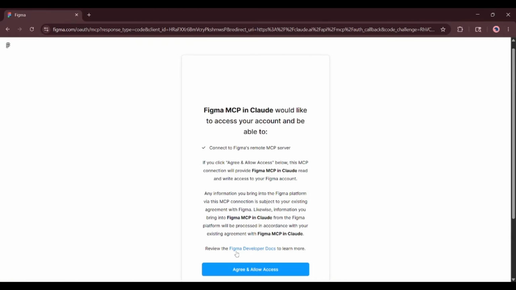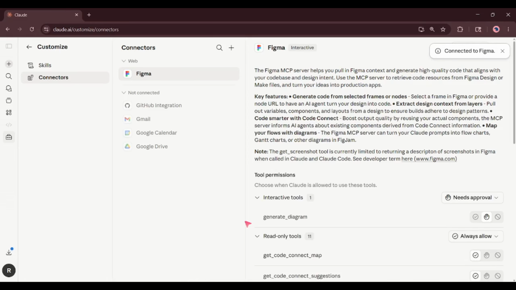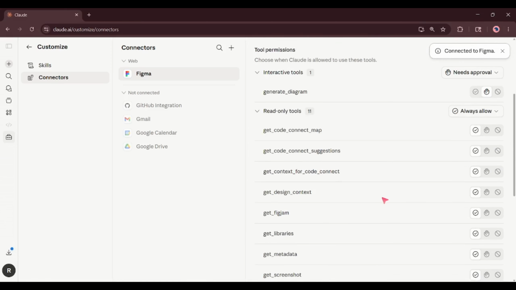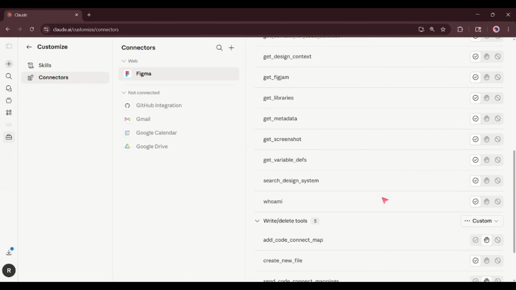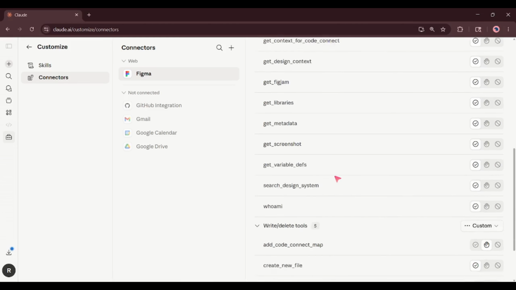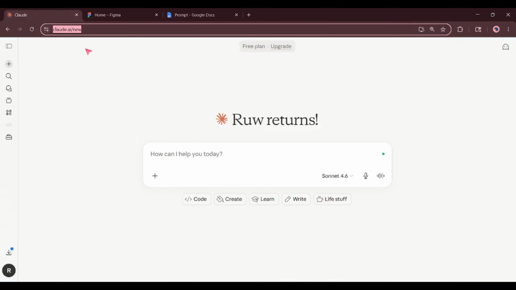And then we need to allow access. So let's click this button. Now Claude has access to your Figma account. If you want, you can customize these settings, so you can choose what Claude has access to and what it doesn't. Then go back. So we will need Claude, Figma and the prompt we are going to give to Claude to